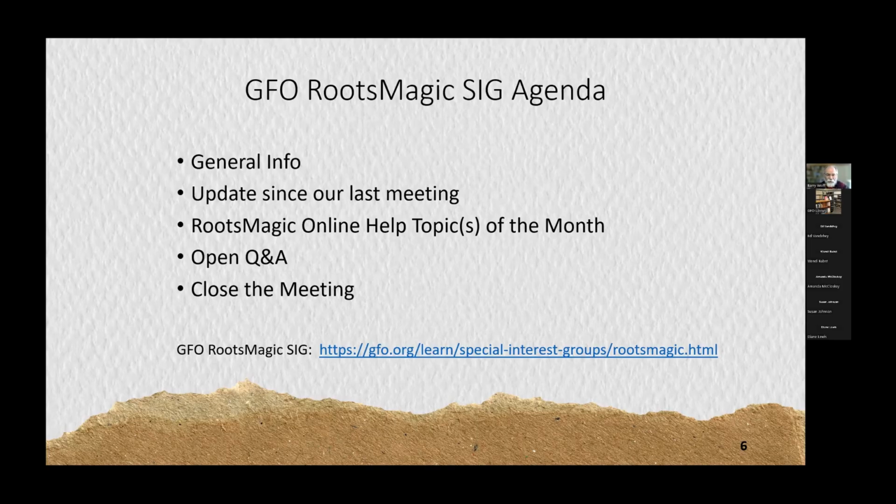This is our standing agenda. I typically spend more than three-quarters of each meeting doing live demonstrations. Unlike today's presentation, where I'm holding all questions until the end, during our SIG meetings, I pause throughout the meetings to address questions on the topic being presented. And we end every meeting with an open Q&A on anything about RootsMagic. We don't end the meeting until all questions and problems have been addressed, and sometimes this means we go over